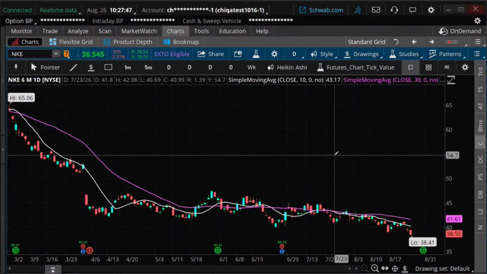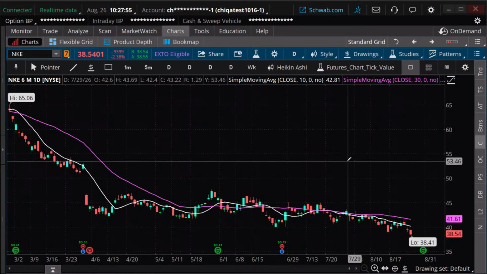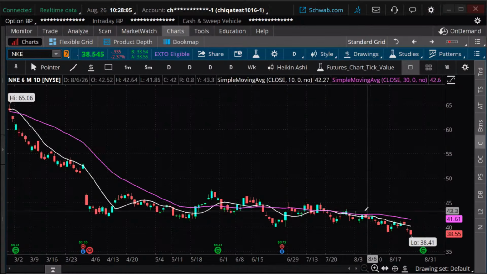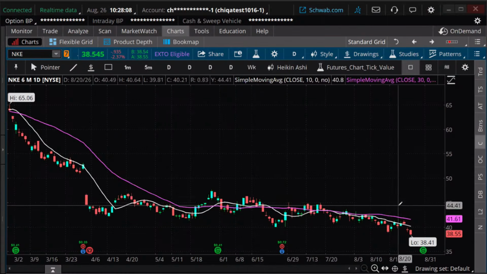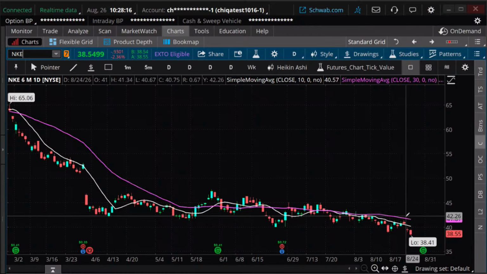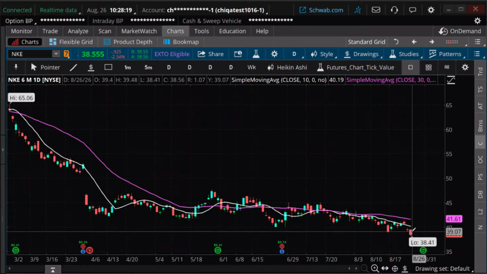I actually posted an X post on this yesterday or maybe the day before on the 10-year chart of Nike. And Nike's just been really poor performance the last five years. Nothing against Nike, just the stock performance has been poor. But what do I have here? I have a downward trend. We're below our 10-day and our 30-day moving average. Well, we know that because it came up in our scan. And there we go. We're actually down today, which we figured because that was part of our parameter.